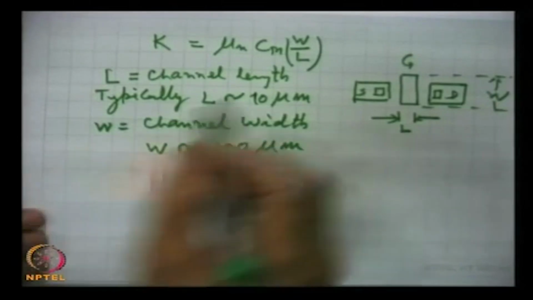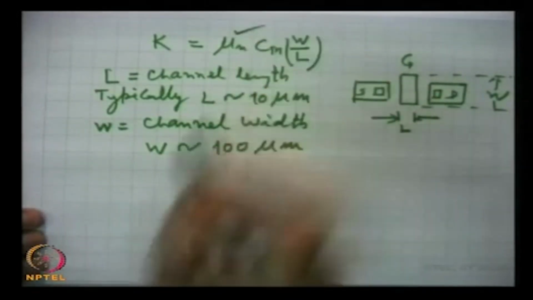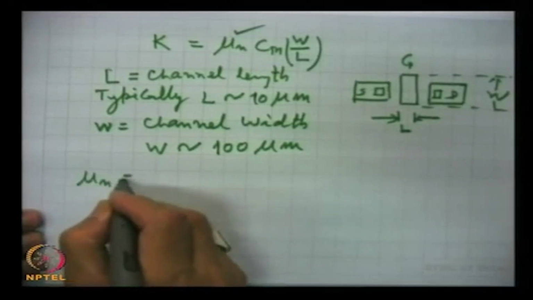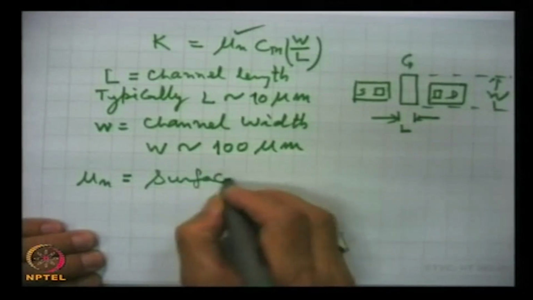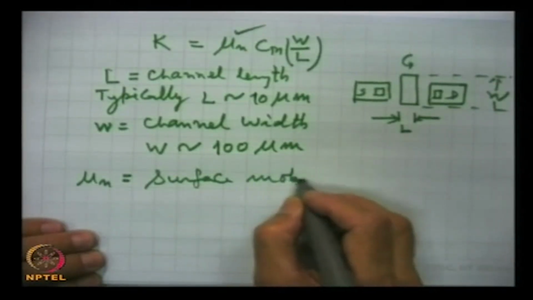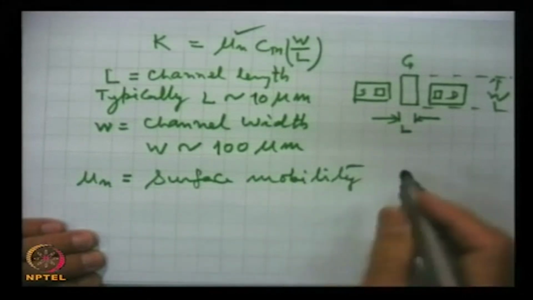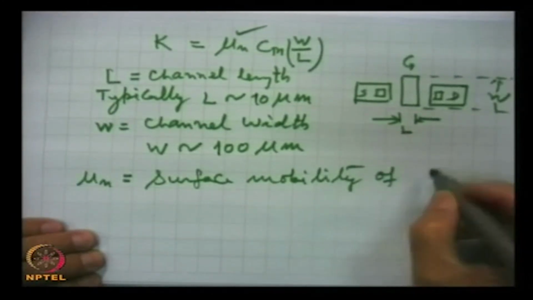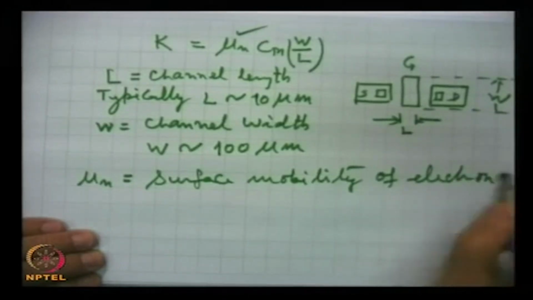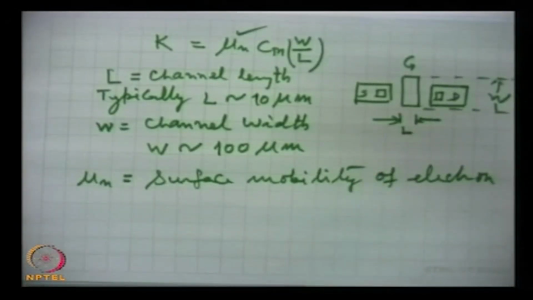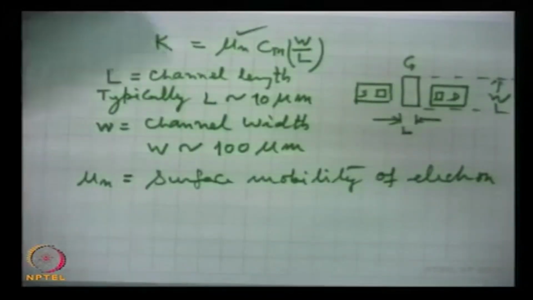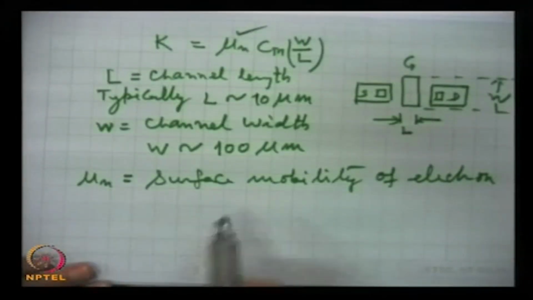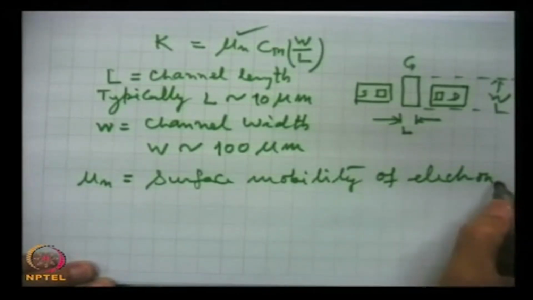And mu n is the surface mobility of electrons, because we are talking of the normally used n channel E MOSFET, and so this channel contains electrons. So we are concerned with the surface mobility of electrons,